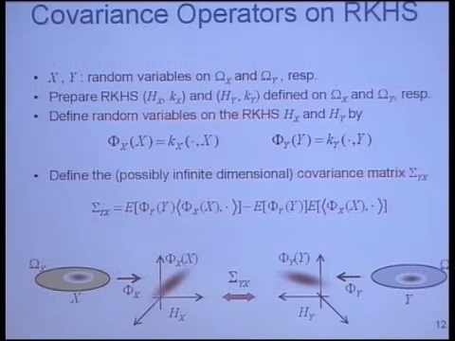Okay, so that's the kind of basic layout of an RKHS. Now let's talk about operators on the RKHS. Okay, so x and y are random variables on omega x and omega y. We put RKHSs on those spaces, and now we define random variables in the RKHS. We induce random variables in the RKHS. And we can now define a covariance operator, sigma sub yx, defined as follows. Covariance between the image of y and the inner product of x with